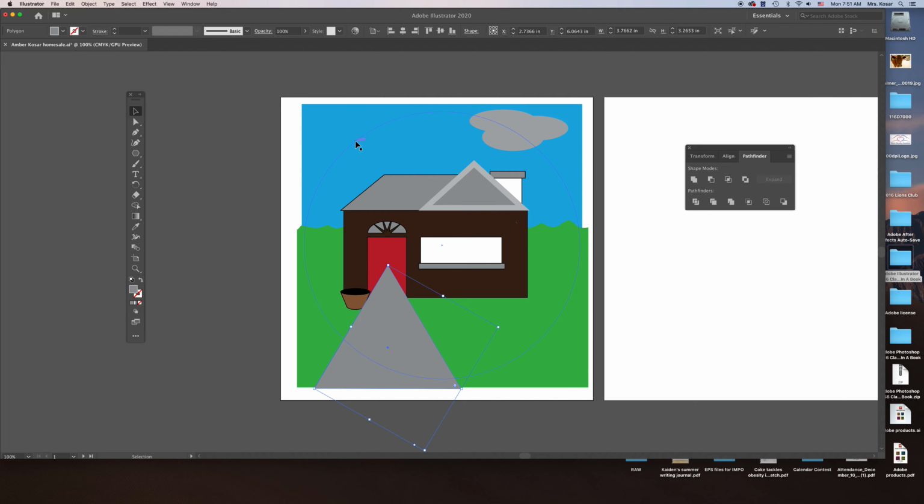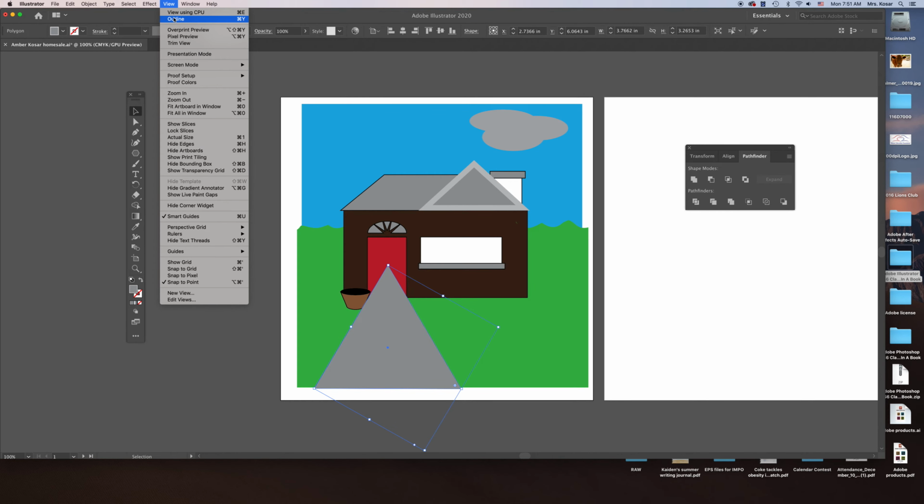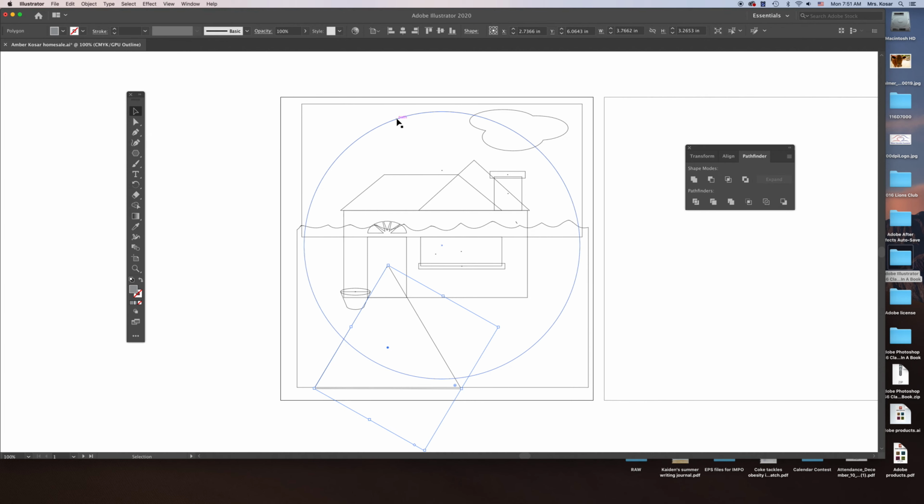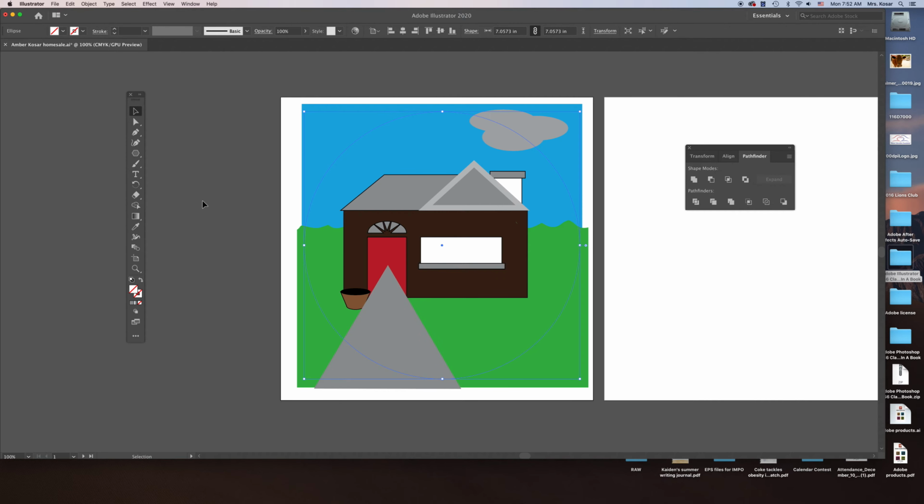So I need to find that triangle again. So if I hover my mouse or my cursor, I will find it, or I can go up to View, Outline. And then I can grab that circle and I can go to View, Preview, and now my circle is selected. Again, I need to make that circle come to the front,